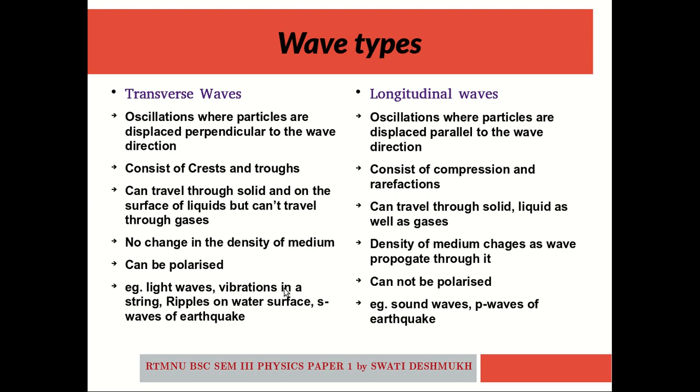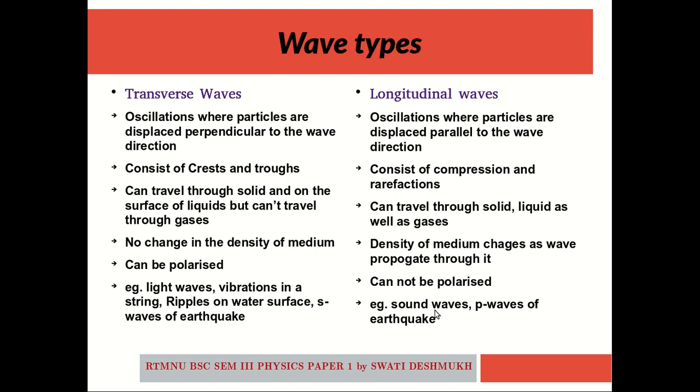What are the different examples of transverse wave? These are nothing but the light waves, the vibrations in a string, that may be a guitar string also, the musical instrument string. The vibrations that we found on the water surface, the S waves of earthquake. These are the examples of transverse wave, whereas the longitudinal wave includes the sound waves, it includes the P waves